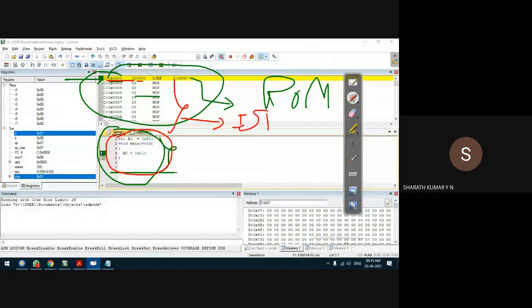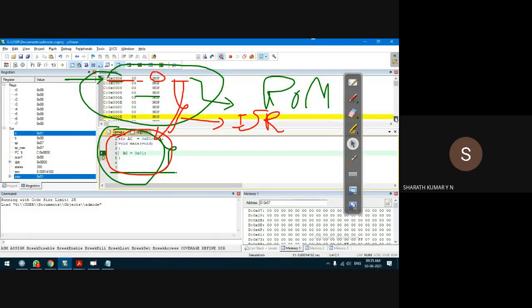What is an interrupt service routine? We'll discuss it sometime later. It is a separate chapter, the interrupt chapter. Instead, the compiler will use an LJMP instruction. What is LJMP? It is the long jump instruction. It will jump to some far off location, 0800, where it will store this program. Let us jump to that location in the disassembly window, somewhere around 0800.